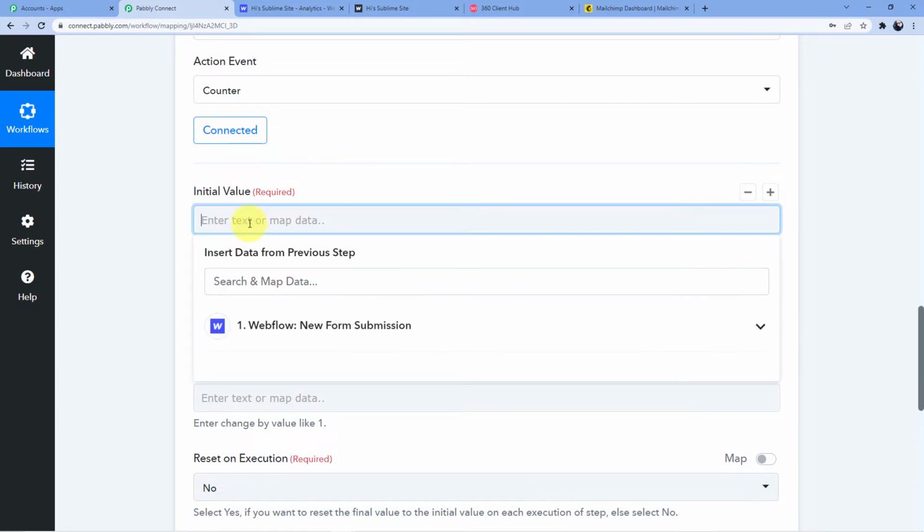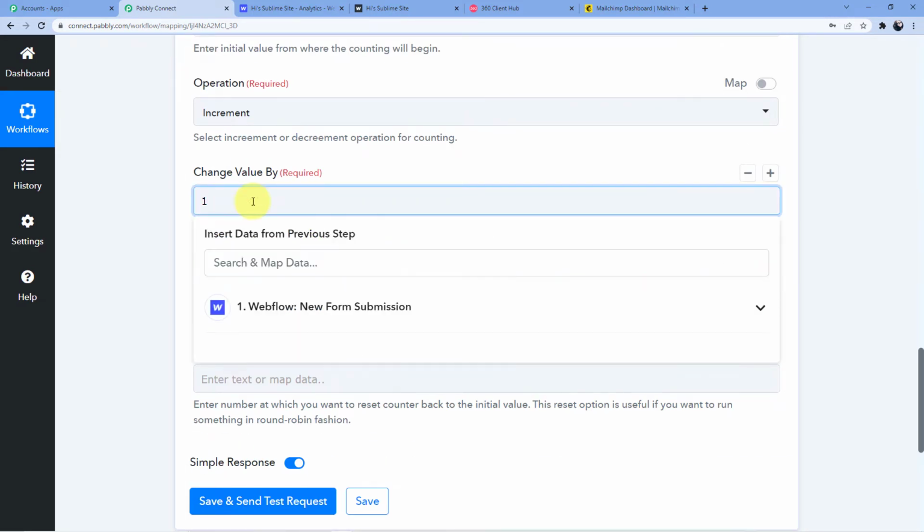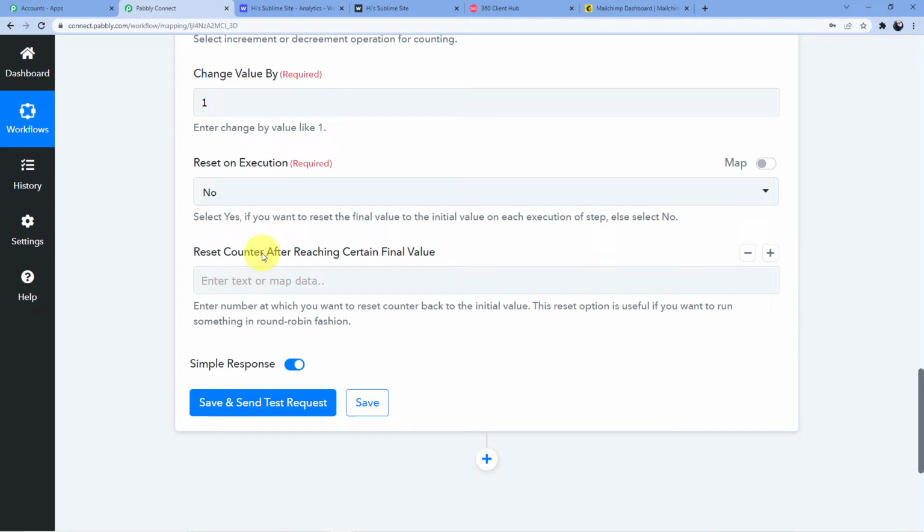So our initial value would be 0 because we are starting from 0, and after that change value by 1 because we are incrementing by every one form. So first it will start from 0, then it will go to 1, then 2, then 3, and like this one number will get added on, and the form count will be submitted to the WhatsApp.